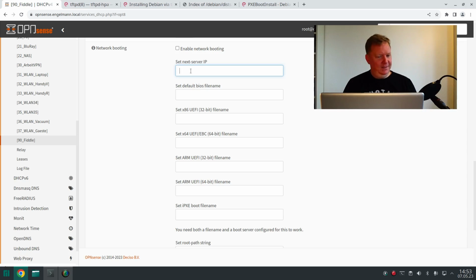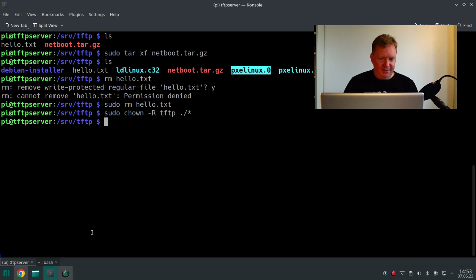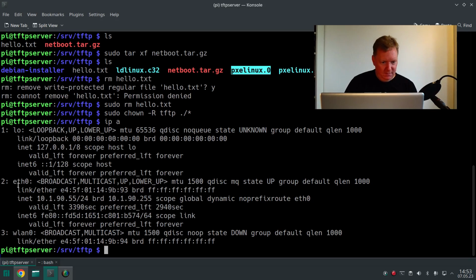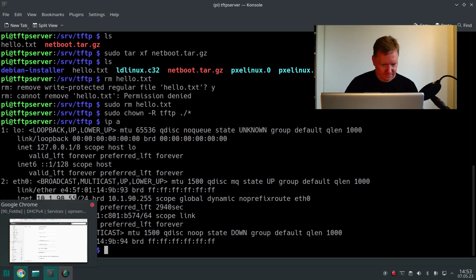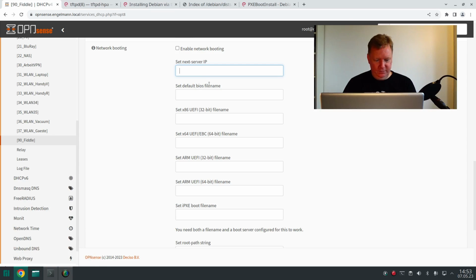Next server IP, I really don't know why they named it that. I mean, it's such a generic name, right? So, okay, so this is the IP address of our TFTP server. I don't think it will do a DNS request, so we will have to set the IP address,